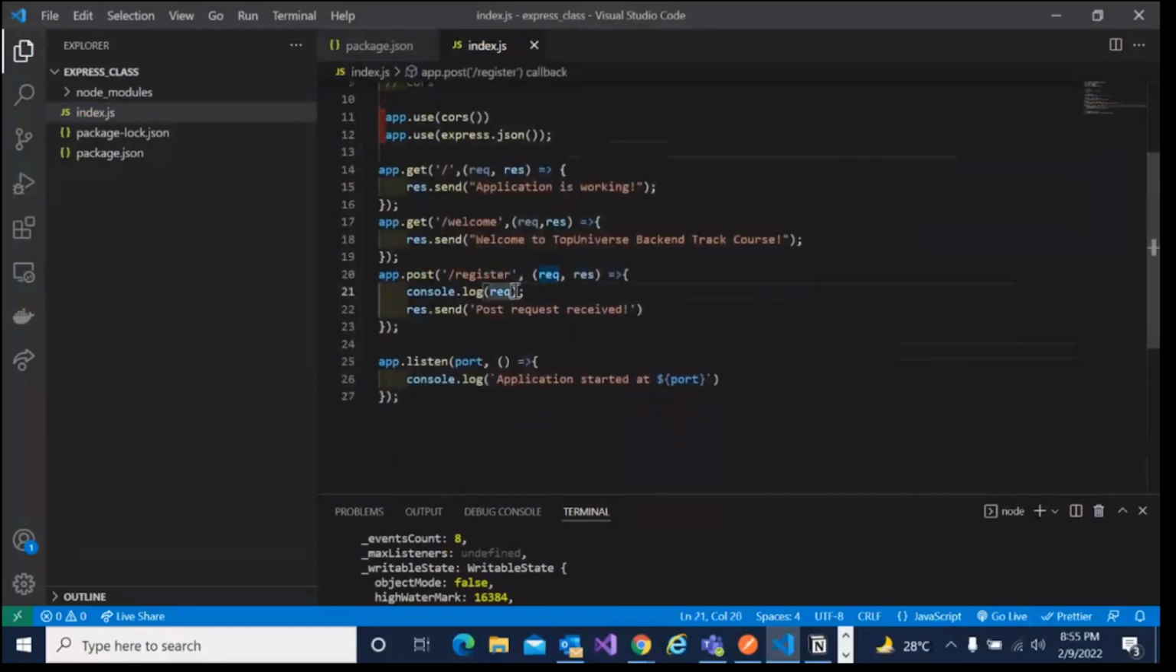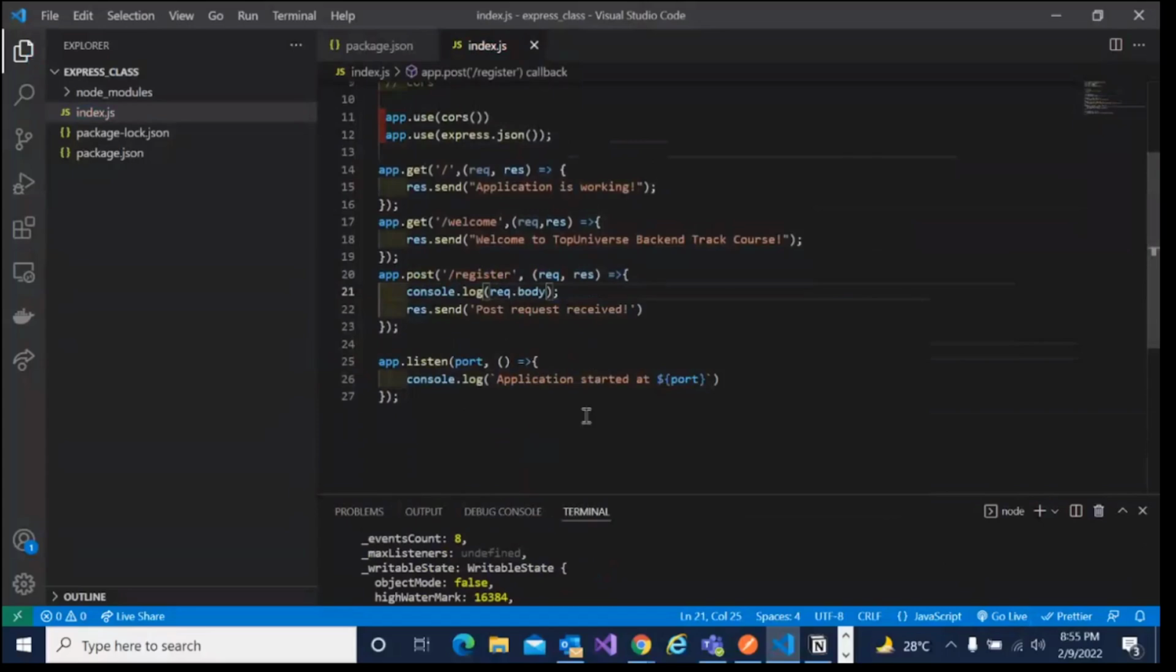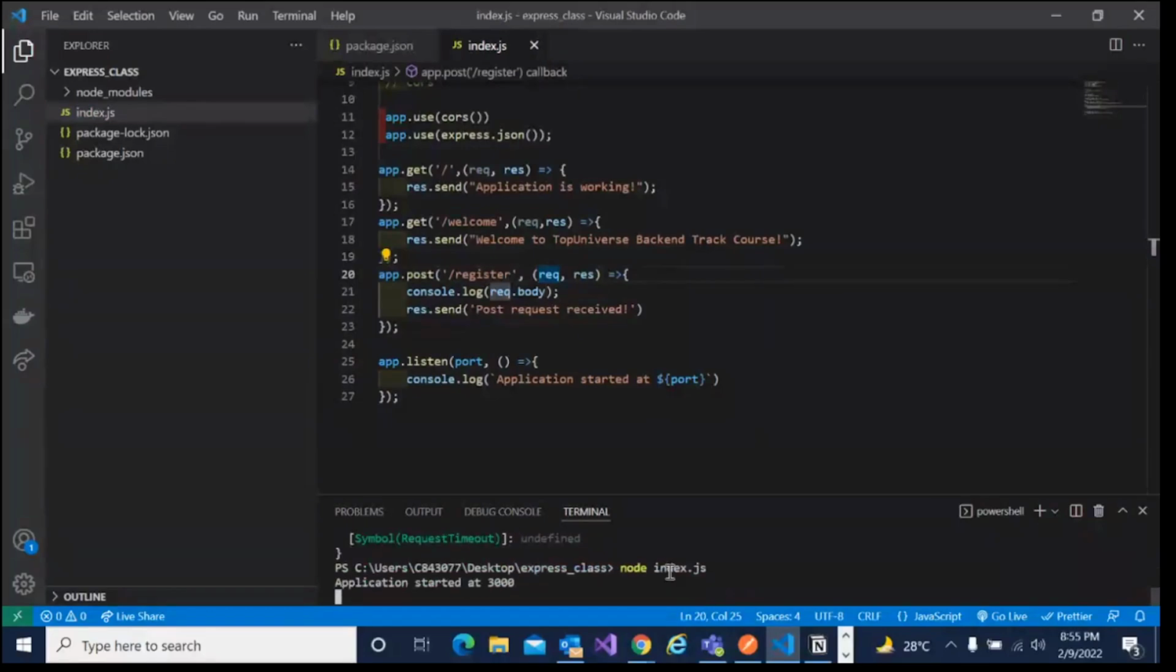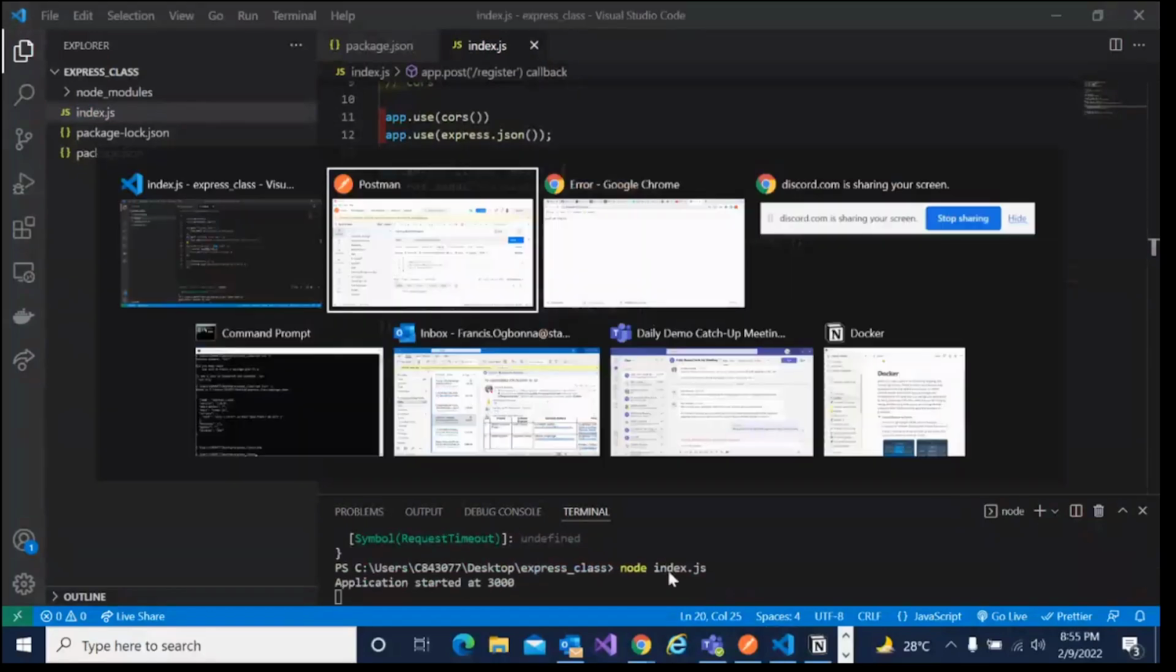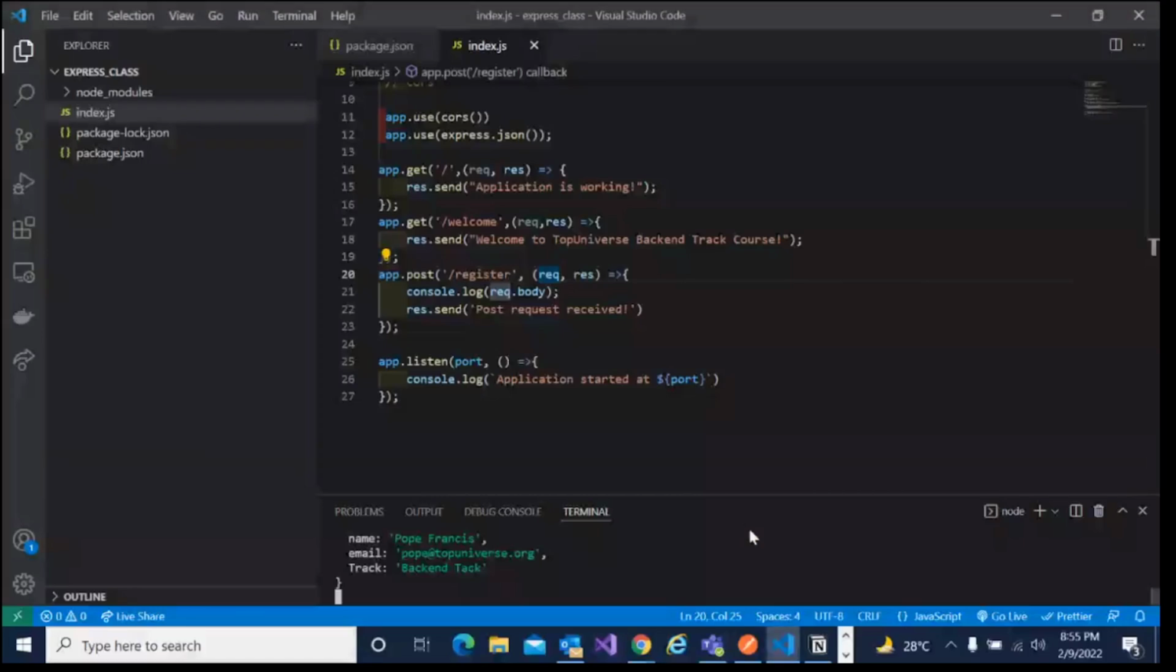So let me see it again. Let's make our request again and see. Okay. Yeah. So obviously, what happened is I forgot to add this middleware here, which is